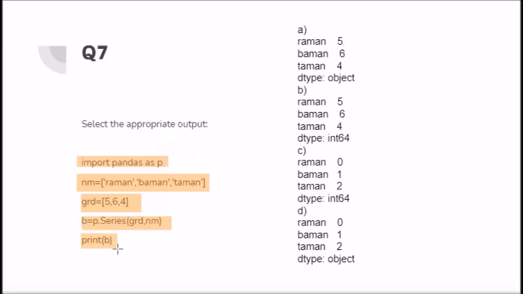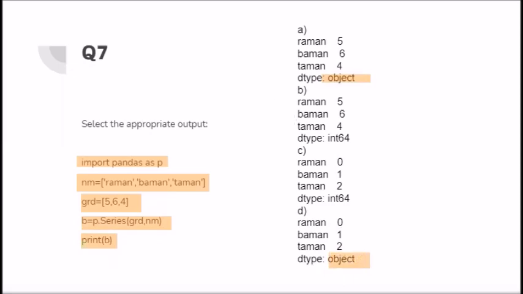Let us see. Now, if I talk about option number A, option number A is giving me object. Not possible because the value is coming in the form of an integer here. Object, once again, not possible.